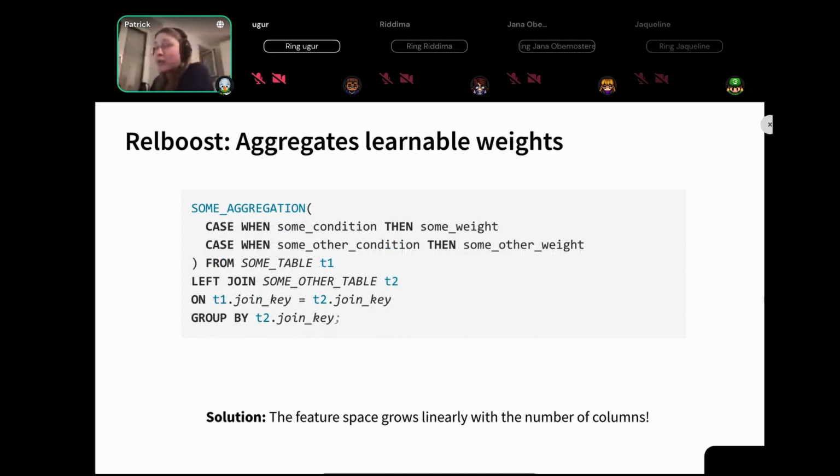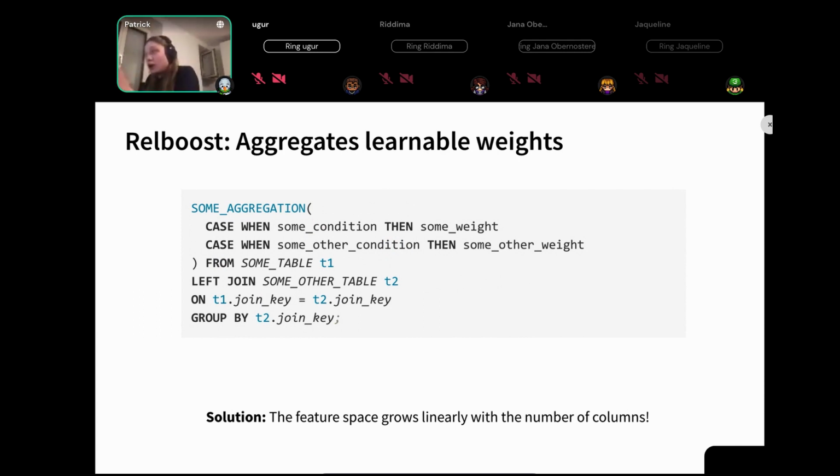The next algorithm I want to introduce to you is called RelBoost. And the main idea of RelBoost is to overcome feature explosion by aggregating learnable weights. What we have done in all of the algorithms before is an aggregation over some sort of column. But the idea of RelBoost is to say, well, let's not do that. Let's instead aggregate some sort of weight that we would be able to calculate using math and statistics. And then